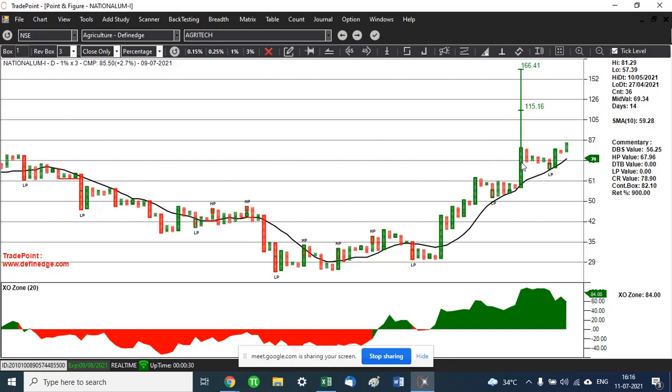So here we find after an anchor column, we have 1, 2, 3, 4, 5 inside bars. You see this anchor column's high and low has not gotten breached for these 5 columns. So this is called an ABC breakout because subsequent to that, we get this big anchor column again over here and we get a double top buy. So this is a bullish ABC breakout because it's kind of a triangle formation with an anchor column and then subsequently other columns being all inside the anchor column, and then we get a breakout above that, a double top buy above that. So this is called a bullish ABC breakout.